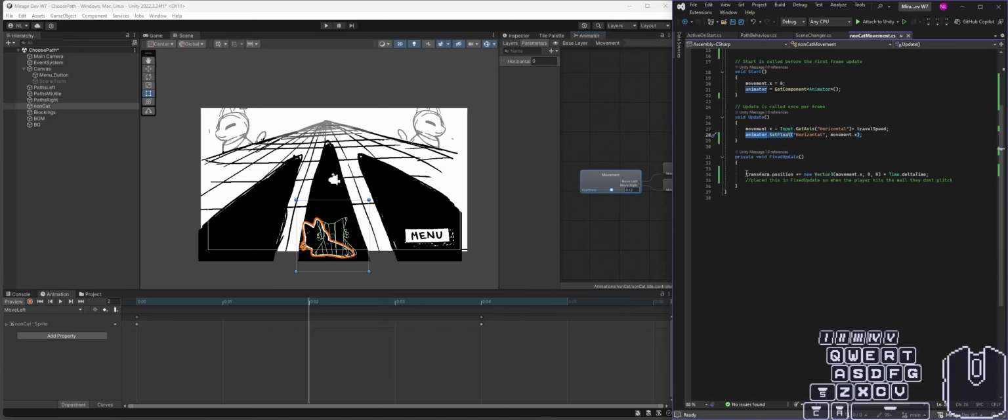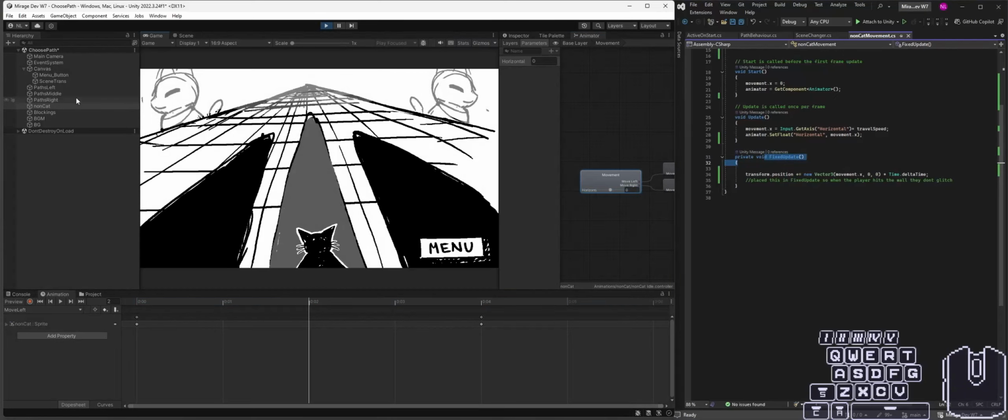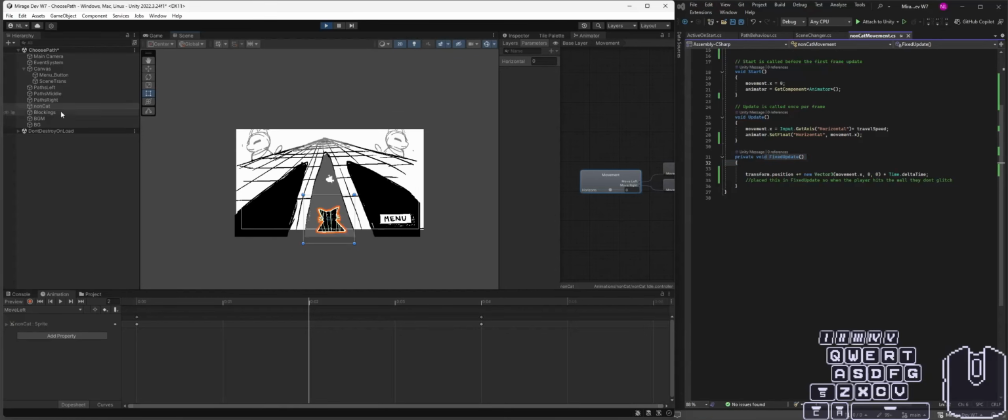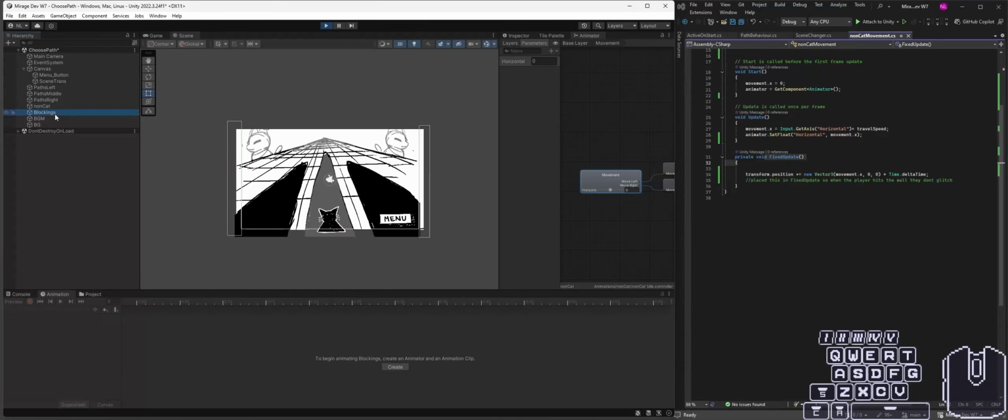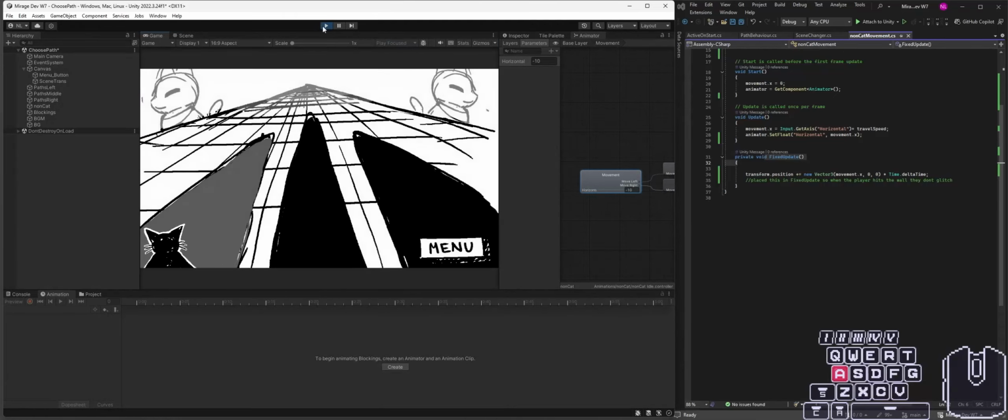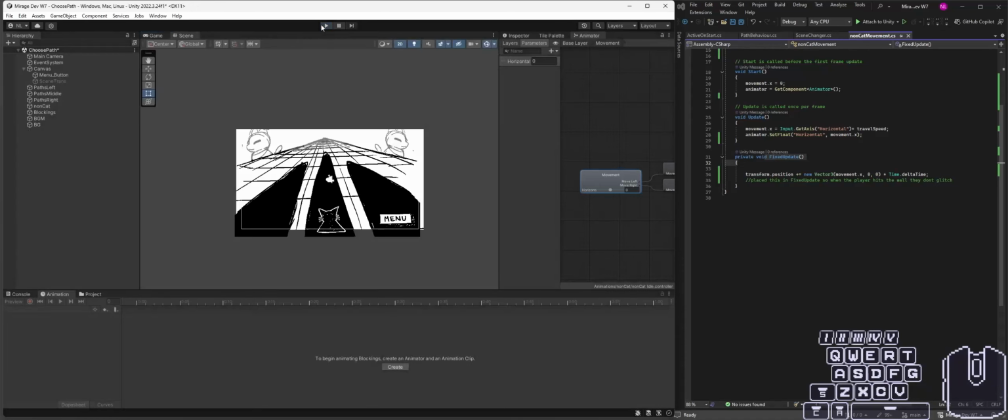So here I use FixedUpdate instead of Update because I have two colliders on both sides, called blockings. I use FixedUpdate so when the player hits into these blocks, it won't glitch. So here, it just stops when it hits the wall, but if I place this here,